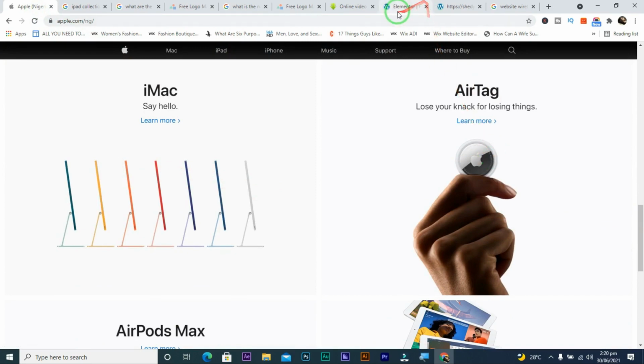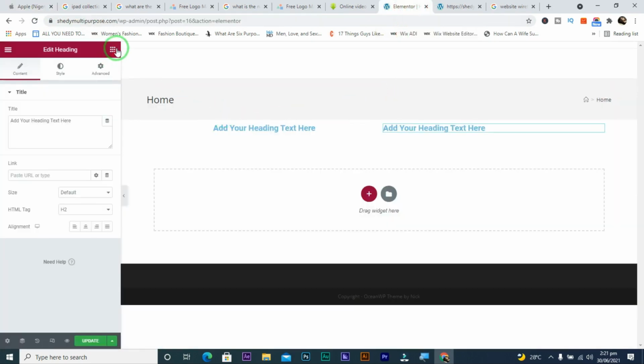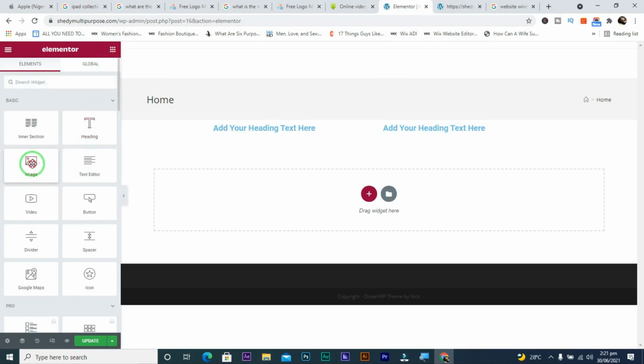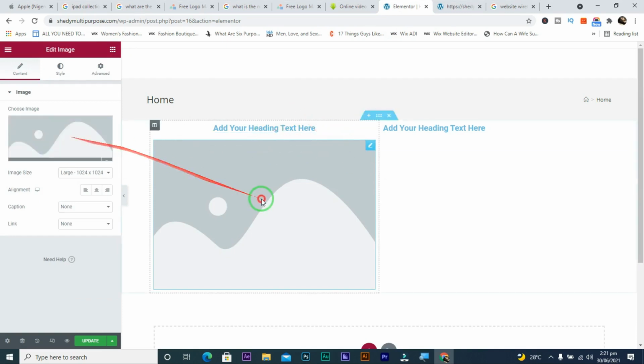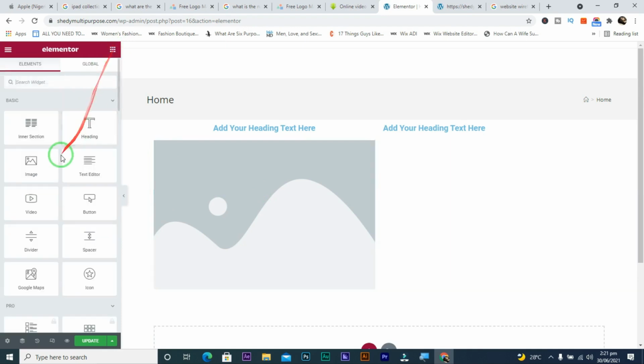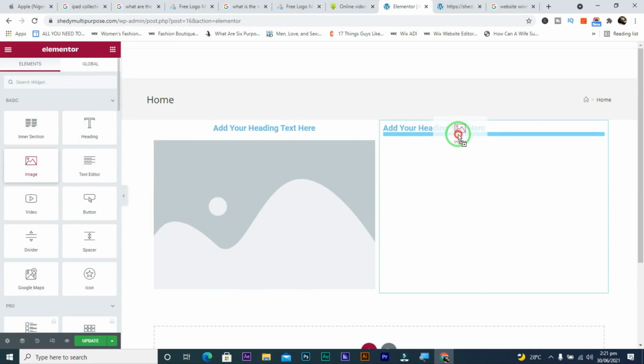Are you getting that? So I think to some extent we are becoming clear. I believe so. So we can also add an image. Now this is the image tab. So you can just pick the image and add it under. Are you getting that? Good. You can also add another image. You can also come to the toolbar, pick the image, then add it to this one. Once you see this blue line, it means you can just release it. By the way, I didn't say that earlier, I was just dragging and dropping. Oh, I apologize for that. Now once you see this particular sign, what you do is that you